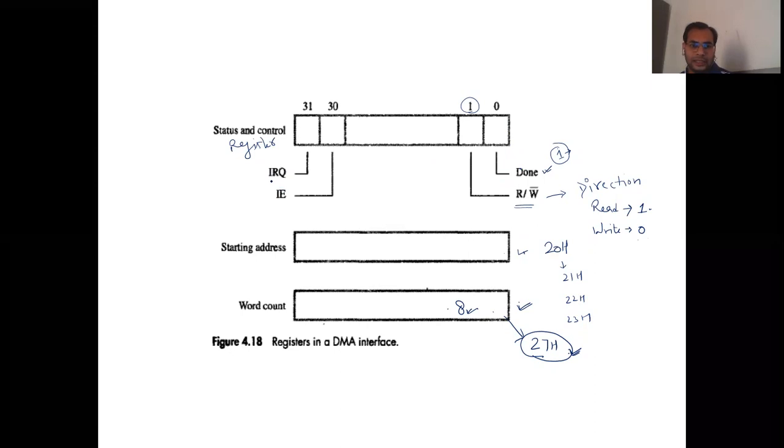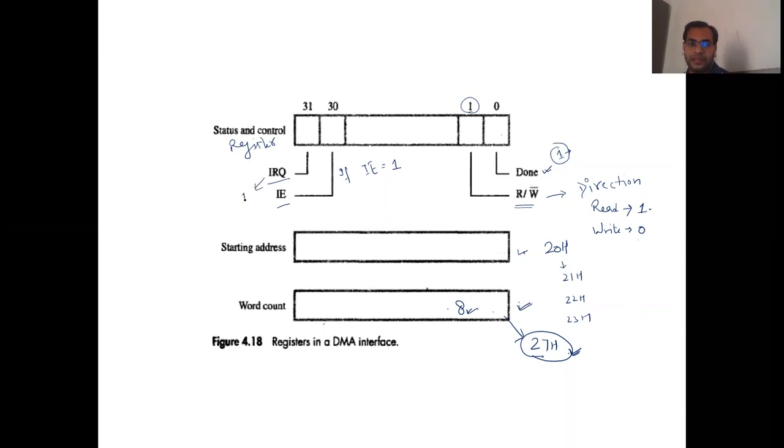Apart from this, interrupt request and interrupt enable. If IE is equal to 1, then as soon as data is transferred completely, this done bit will be made 1 and the DMA will send an interrupt request.